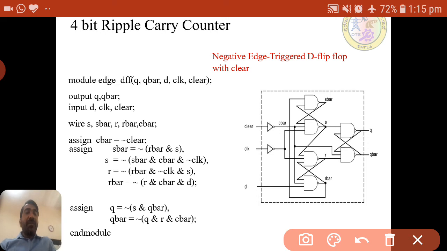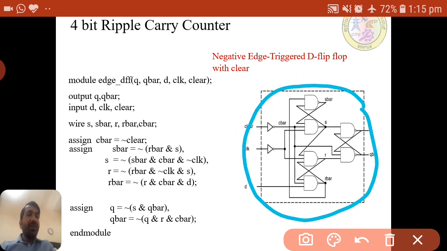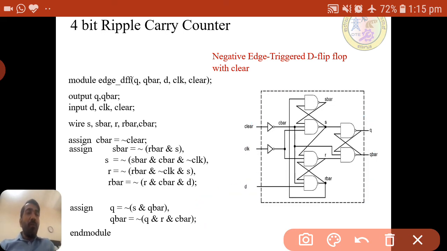So this is the D flip flop circuit with clear, the same thing we are implementing using data flow modeling by using operators. We have used the AND operator and NOT operator.